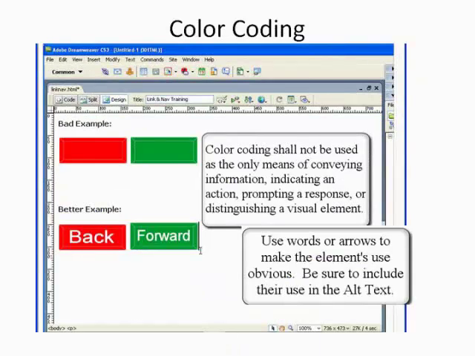Color is very important. We all use it on our web pages. Be sure to use actual words that mean what the color is trying to tell most people. Remember, persons who are visually impaired or colorblind may not be able to tell the difference between green and red and may not get that communication. So go ahead and write the text within whatever it is you're trying to say. Try to use multiple methods to communicate something if you're doing it with color.